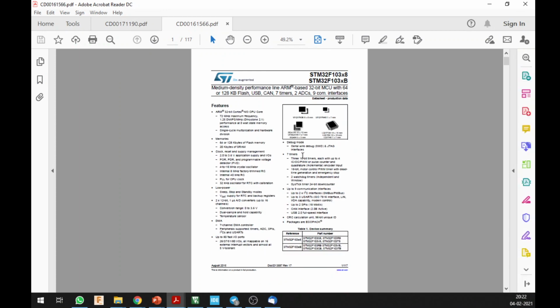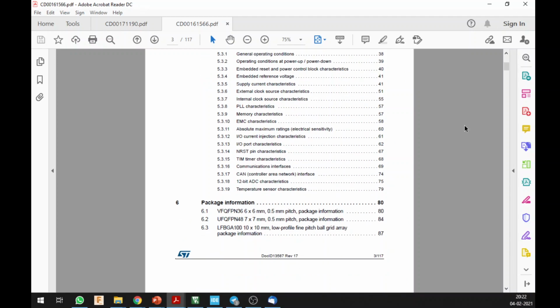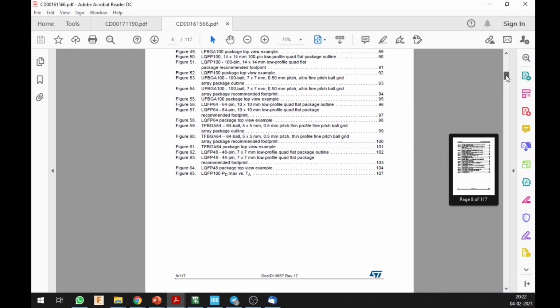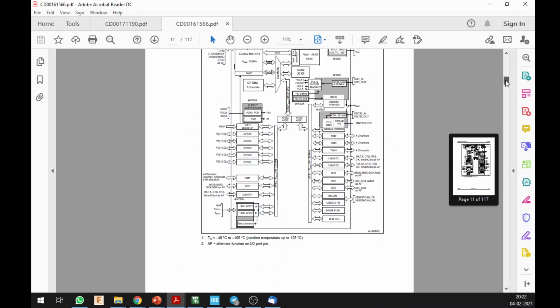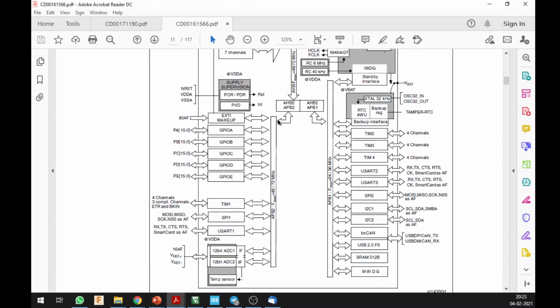Alright, so here's my data sheet, and in this I want to blink an LED which is at port C, pin 13, GPIO C, pin 13, C13. Here you see that this is connected to your APB2, or the Advanced Peripheral Bus 2. And you have a maximum frequency of 48 or 72 megahertz depending on the source of input that you are getting.